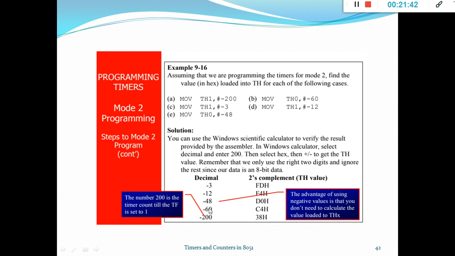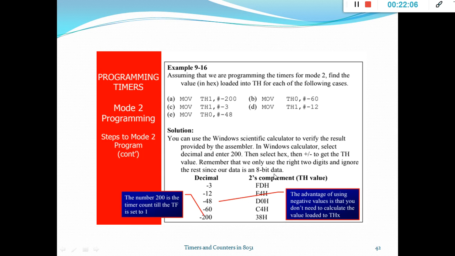Same thing for minus 60, the 2's complement is C4. Minus 48 is D0, minus 12 is F4, minus 3 is FD. Whatever value you load in decimal form, in negative form, the 2's complement of that is going to be calculated, and that value is going to be used by the 8051.